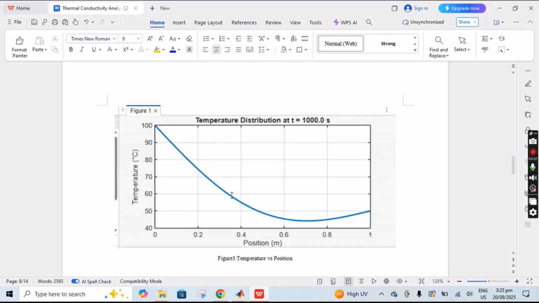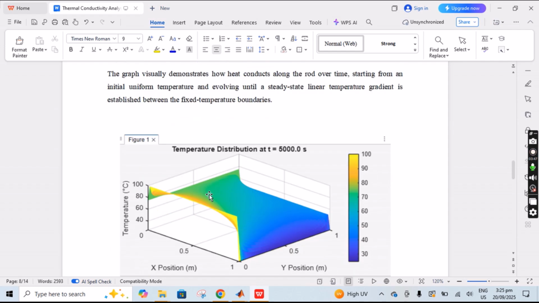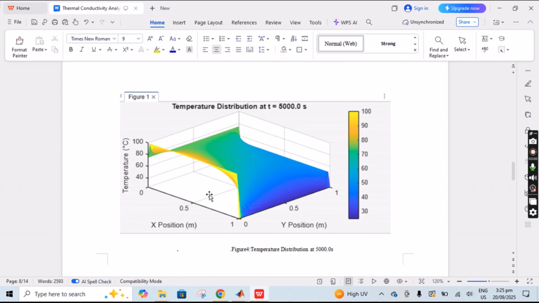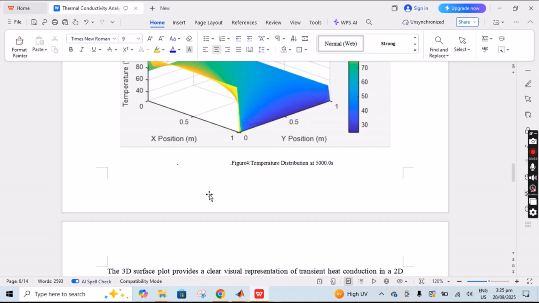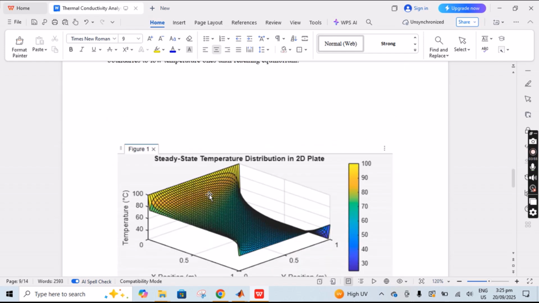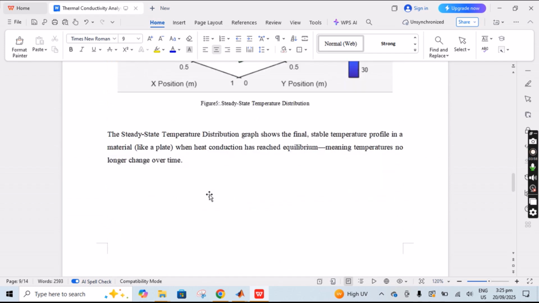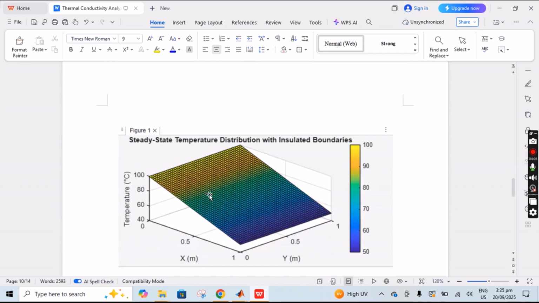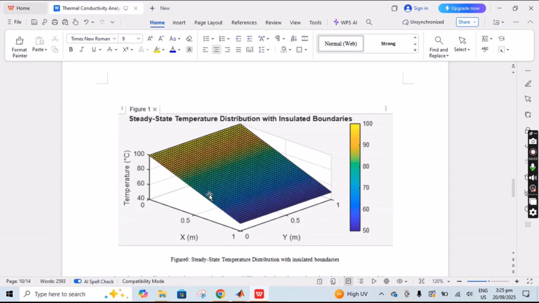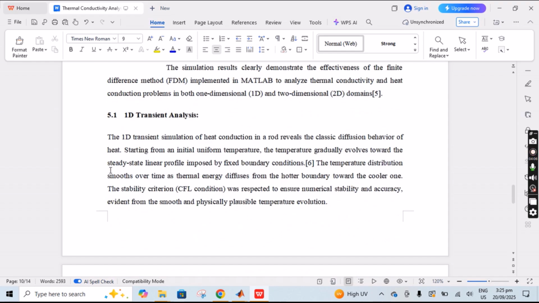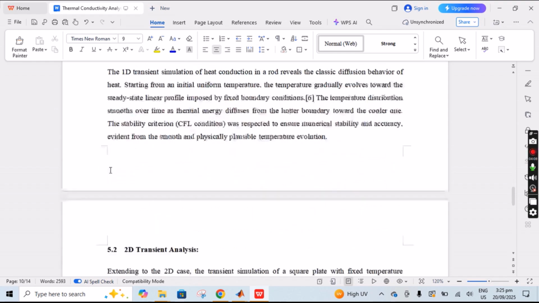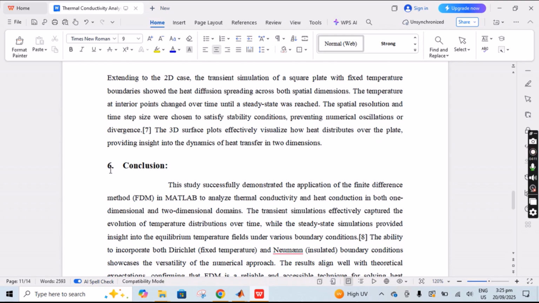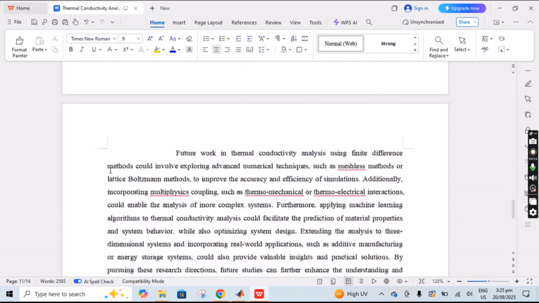In the MATLAB simulation, basically I have concluded the temperature distribution with different time spans, okay, with the position and the temperature values. These are the temperature distributions at 5000 seconds and the steady state temperature distribution in a 2D plate basically, and the steady state temperature distribution with insulated boundaries. Then discussions are added with the 1D transient analysis, 2D transient analysis, and the conclusion,